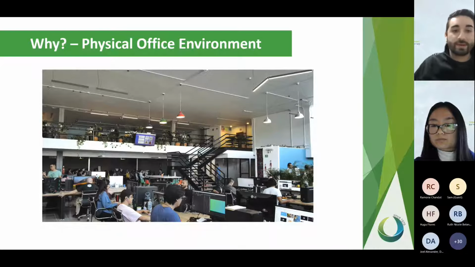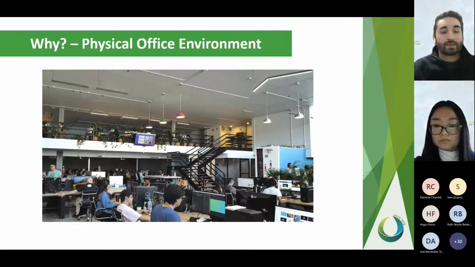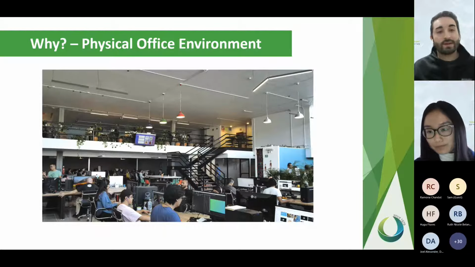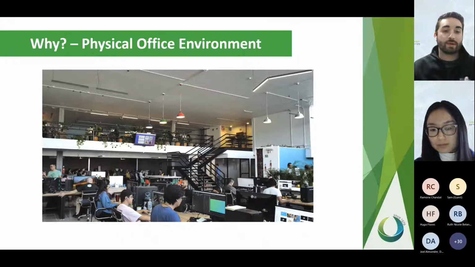So this is the same office, but a different view. And we can see right away, just by looking at it, that the physical environment is different, just looking at it from another angle. We can see that there's shadows or pretty much a darker area on the top floor and underneath the top floor, so on the bottom floor. Whereas in the other view, it looked nice and bright and full of light, but on the other side, it's dark. So this can impact the working conditions and their productivity, even though during an indoor air quality assessment,